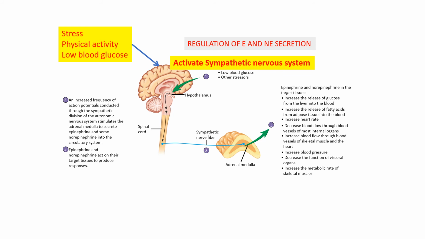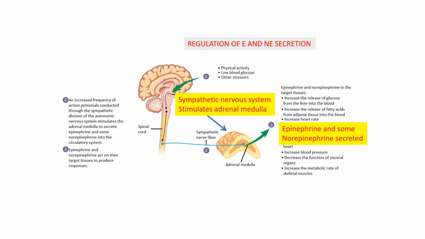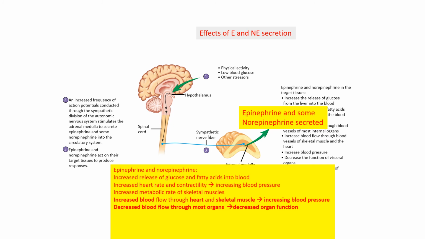Low blood glucose, low blood pressure, and physical activity will activate the sympathetic nervous system. When the sympathetic nervous system is activated, the message via the sympathetic neurons is sent to the adrenal medulla, which in turn secretes epinephrine and norepinephrine hormones. The effect of these hormones in the body will be the same as the effect of the sympathetic nervous system